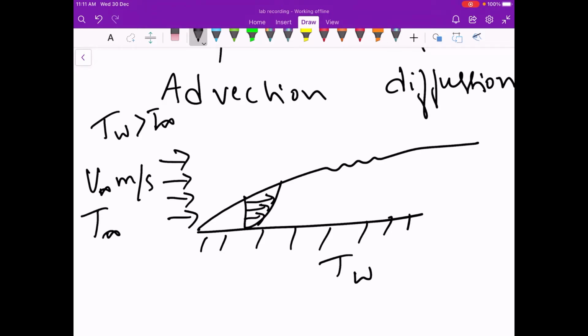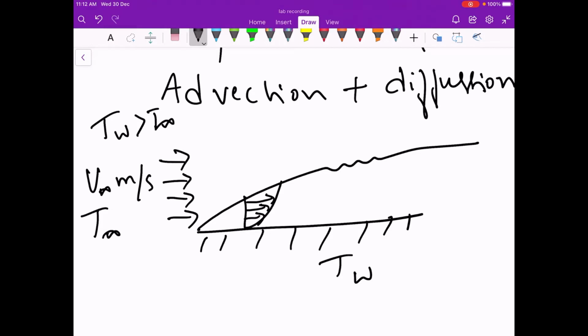Basically, whenever there is a flow happening, there is a boundary layer phenomenon that takes place, and convection heat transfer is a process where the fluid molecules will be moving over a hot plate, or the vice versa can happen. Here, not only is the information exchanged within the molecules, the molecules also move from one point to another point. Got it? So the information between the molecules also will be exchanging, and also information along the distance of the flow. So that is what is called advection and diffusion. So convection is a process which consists of advection and diffusion.